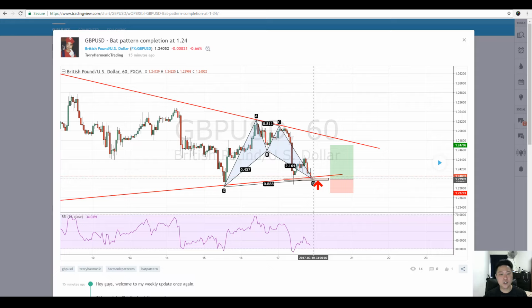But I do not expect a super big move unless there's some fundamental news that's going to come out next week. I'm not sure what news is there. I haven't checked the calendar, but minimally I expect, if the price reacts the second time around this 1.24,